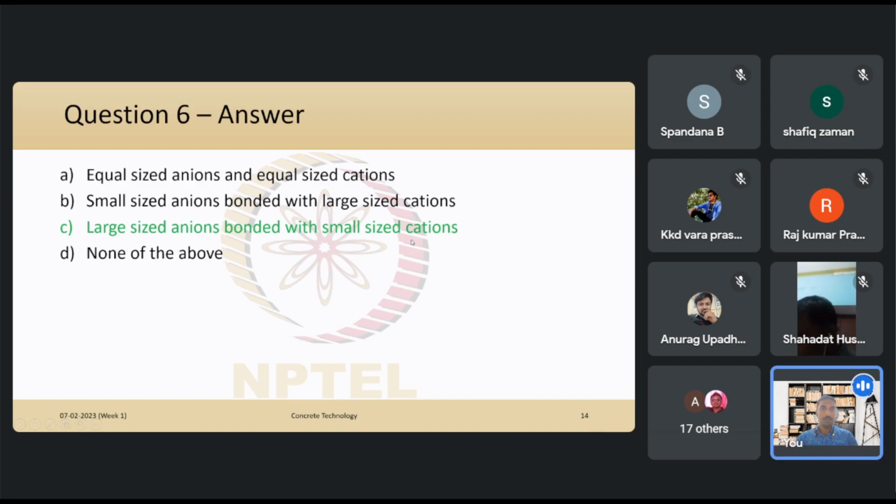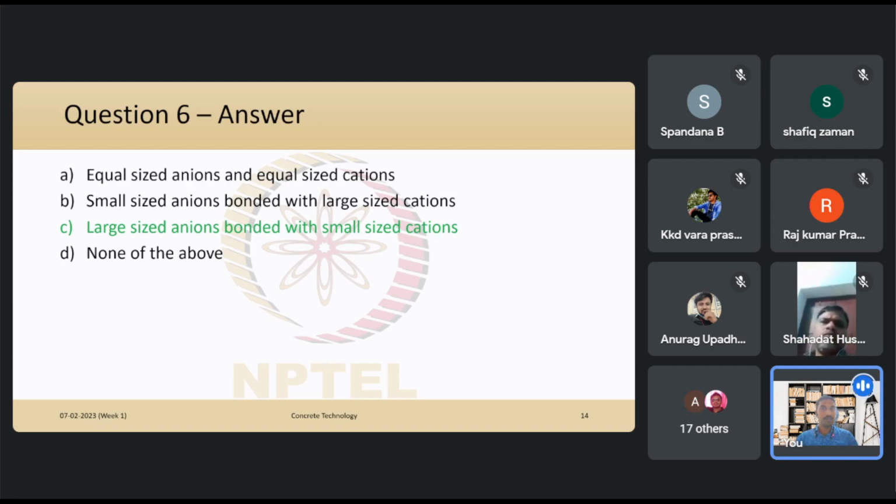So mostly it is the calcium ions, which is the cation in these compounds, and compared to the size of the calcium cations, the anion sizes are large, right? So this is the characteristic that is seen across all the mineral compounds in the cement, and